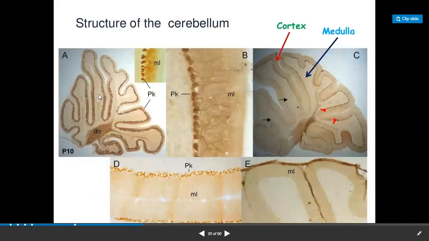Now you can see this is the cut section of the cerebellum. In this cut section, you are finding the outer area is gray matter and the central area is white matter. If you recollect the histology of the CNS, where we studied the histological layers, outside we have the gray matter, right? In the gray matter, we have three layers. If you remember, MPG is the code: molecular layer, Purkinje cell layer and granular layer. So this outer area is the cortex and the central is the white core, the medulla. Within the medulla also we have gray matter, collections of nuclei, the dentate nucleus and all.